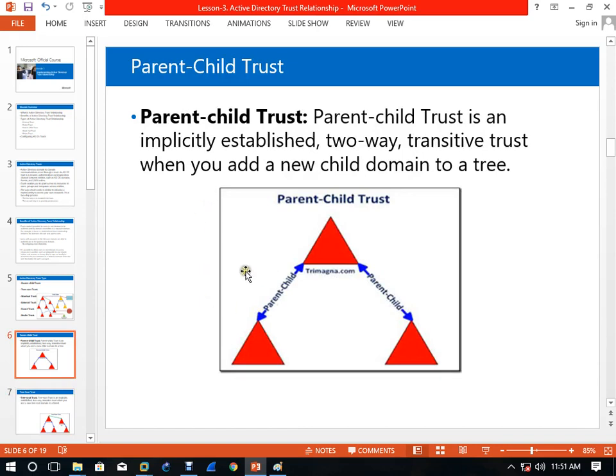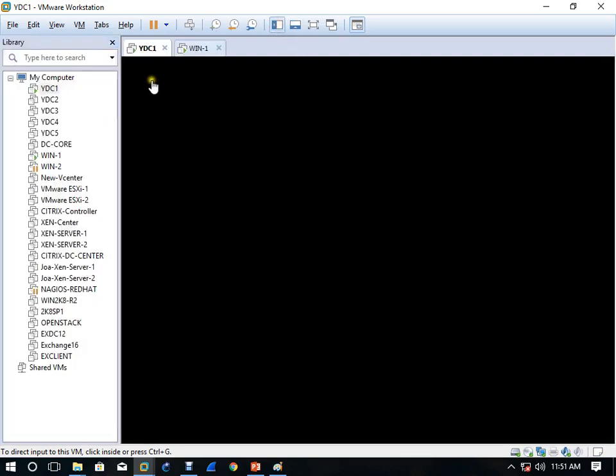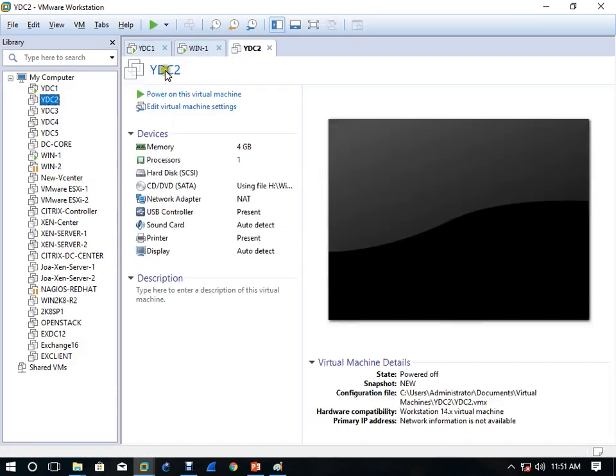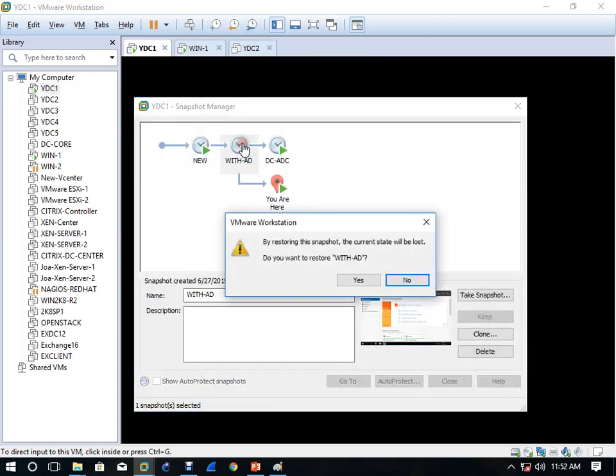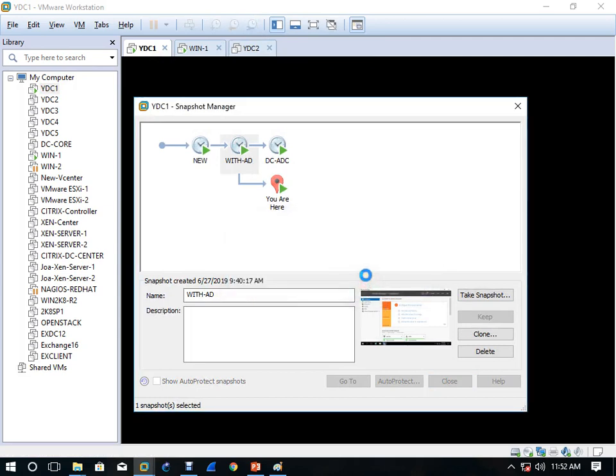Okay, so let's do this practical first, right? For this, how many servers do you need? One server? Huh? We need two servers and one client. Now see, DC1. Take a snapshot, we'll work on a fresh machine for every lab.